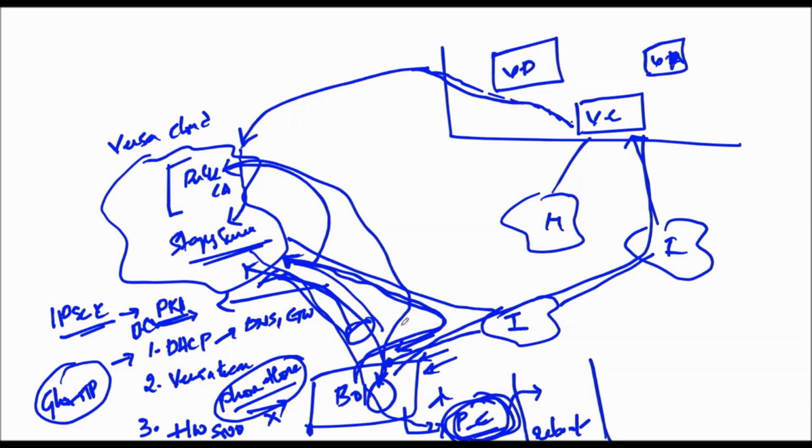Okay, so it has the WAN IP address, it has the controller IP address, and it has the VPN profiles related to this controller. So based on that, it is going to perform the staging process towards this Versa controller. And the remaining part is the same. It establishes the tunnel, then it shares the serial number with the director, and the director is going to push the configuration to this branch.